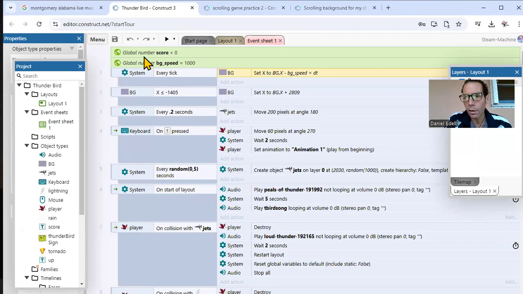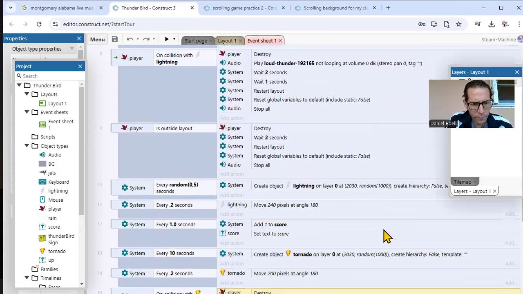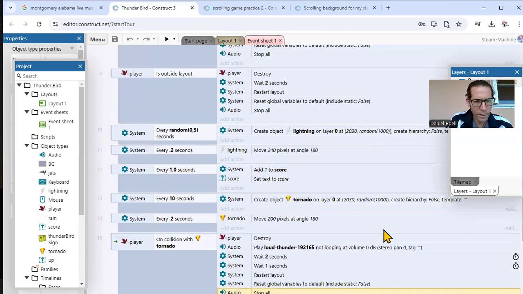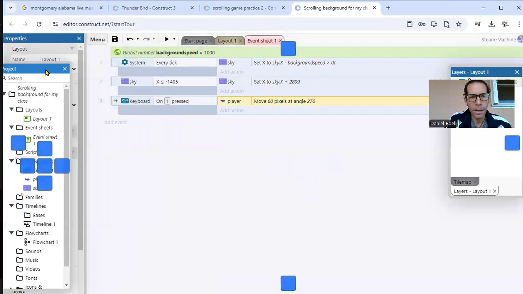If you want to make a score, global number score equals 0, you got to add a text box. And the score was also, so you see everything. And right here too. System add every 1 second, system add 1 to score. Text box score, set text to score. So I can try to help you with a scoring if you need, but this is basically the main